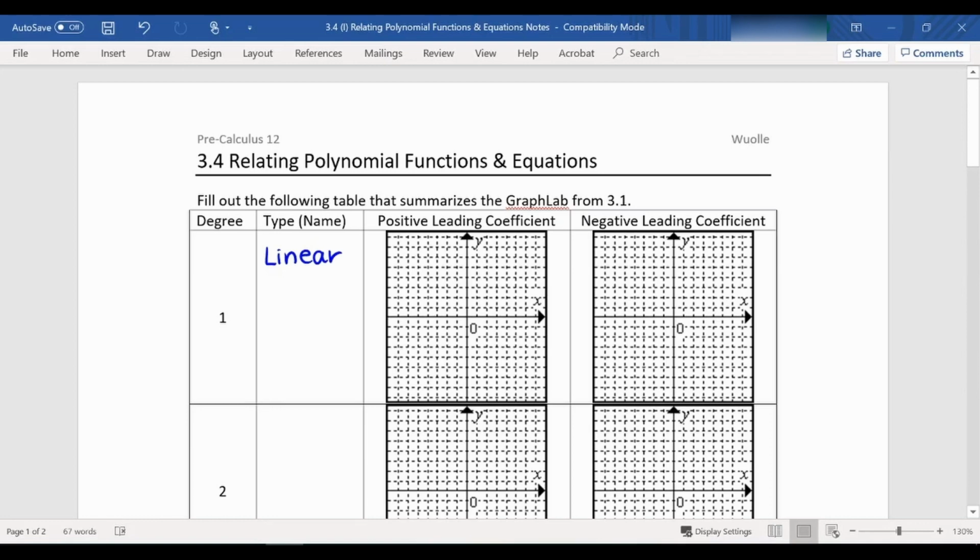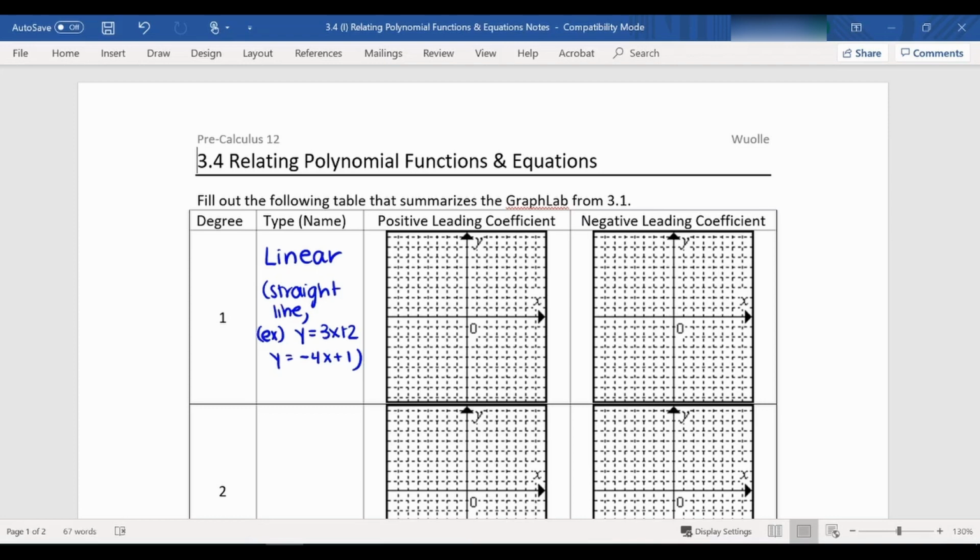And this looks like a straight line. An example of a linear function would be something like y equals 3x plus 2, or y equals negative 4x plus 1, something like that. We say this has a degree of 1 because the highest power of x that we have is x to the power of 1. So if we have a positive leading coefficient, similar to the 3x plus 2,